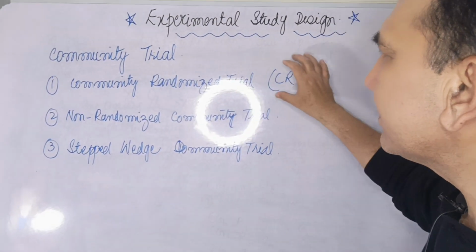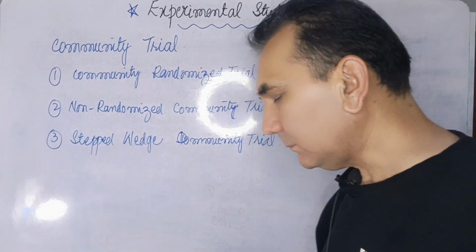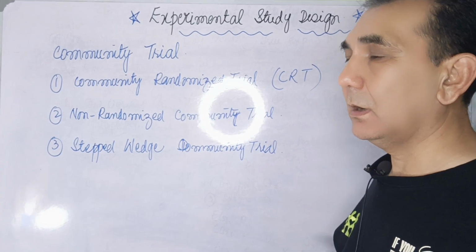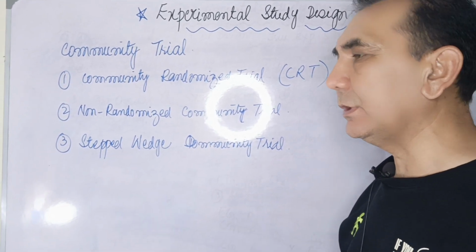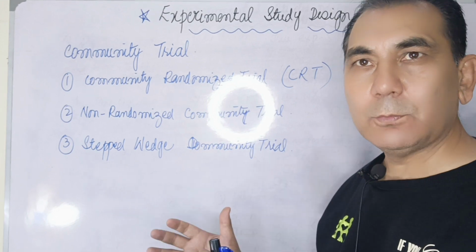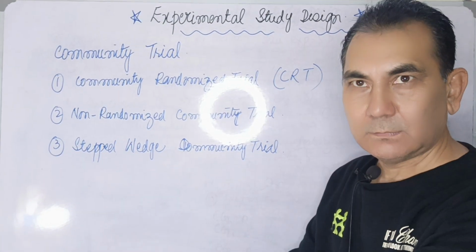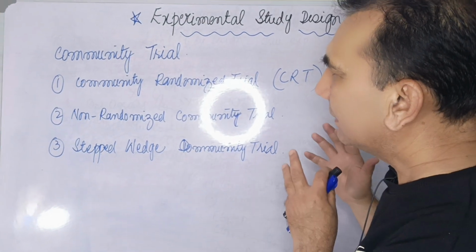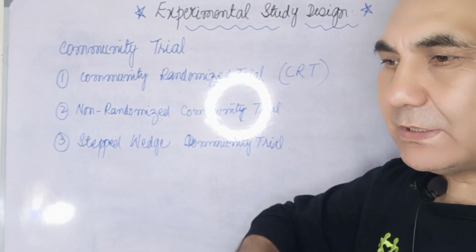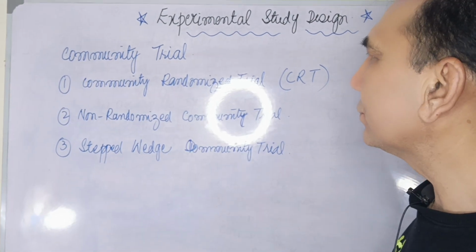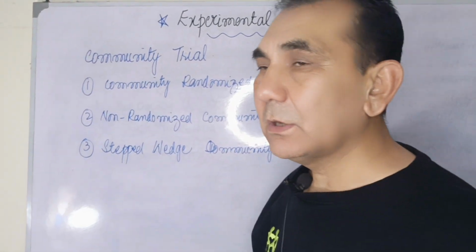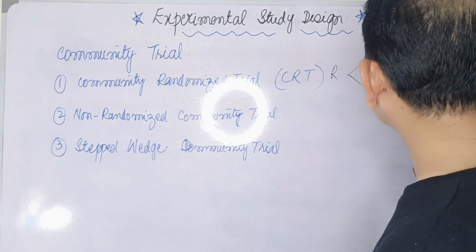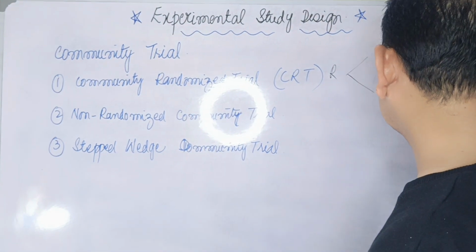In the community randomized trial, the researcher will select the community, or the cluster of community, or group of the community, or the individuals or the pupils, randomly select the sample size and randomly allocate the community group into two groups. One is the experiment group, one is the control group. It is the same randomization. After the randomization, it is divided into, suppose he took the